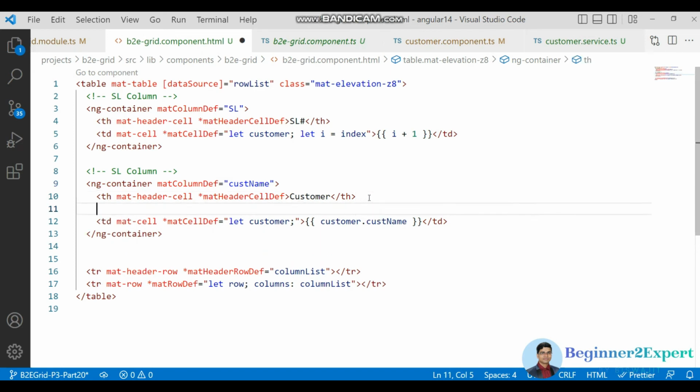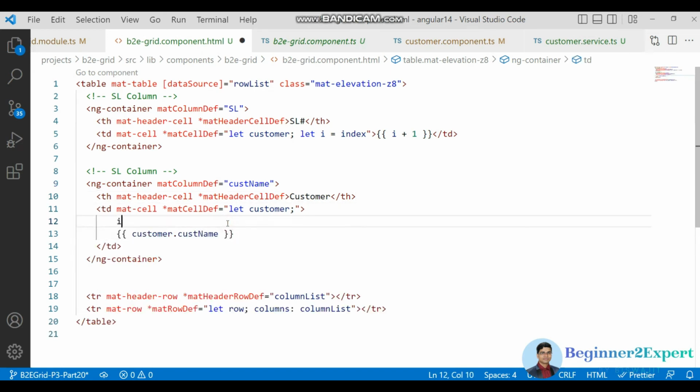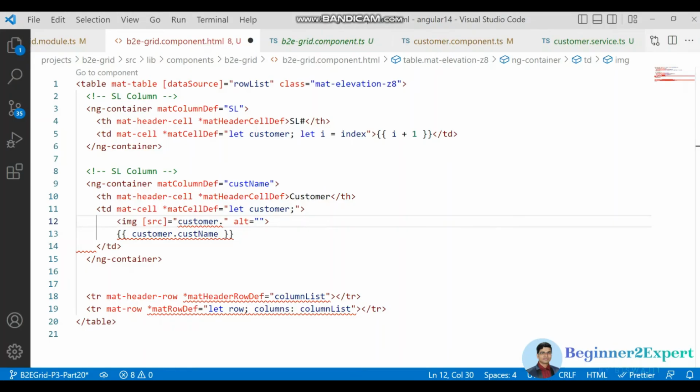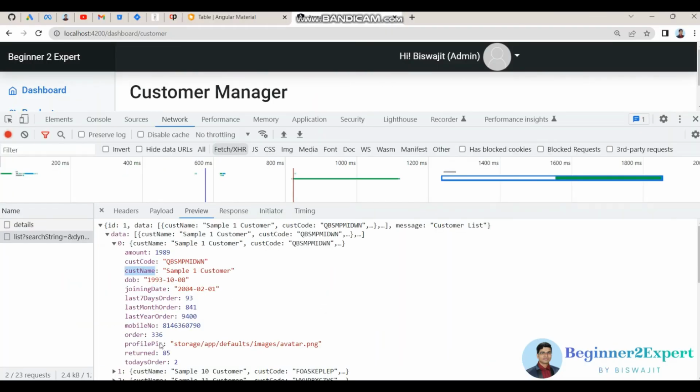So for that, put it here, and inside this one image, which I will decorate with brackets because I'm going to pass the property name here. So customer dot, the property name is profile pic,